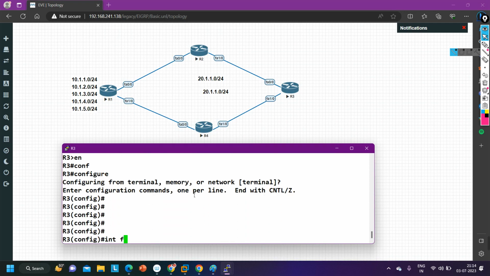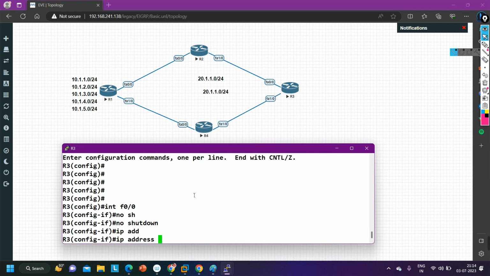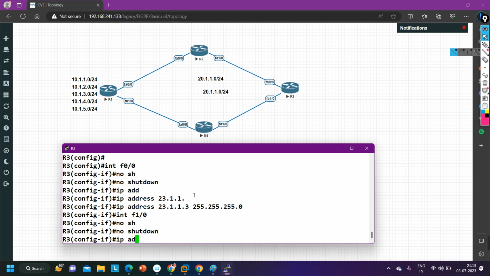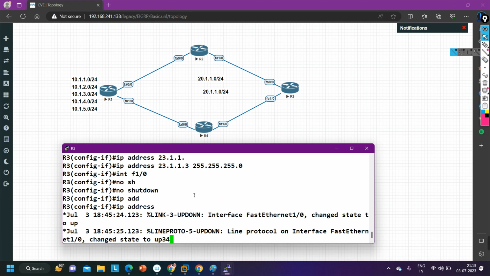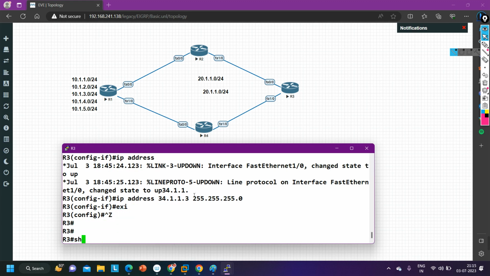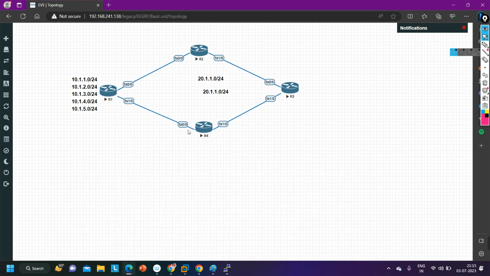Config T, interface F0/0, no shut, IP address is 23.1.1.3, 255.255.255.0. Interface F1/0, no shut, IP address is 34.1.1.3, 255.255.255.0. Done. Show IP interface brief.